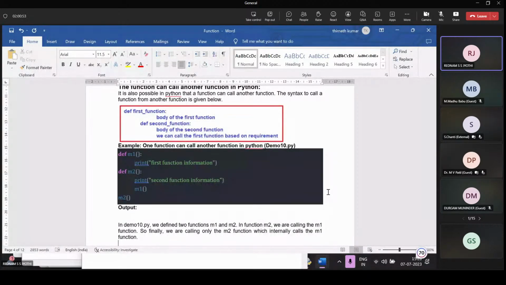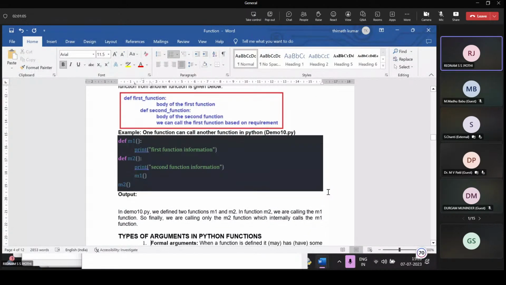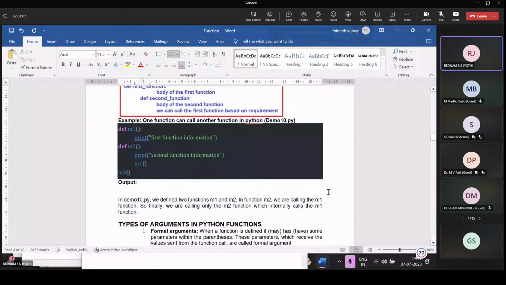So what is the output? We simply call the m2 function, because m2 itself consists of the m1 call, so there is no need to call m1 again. This is the function call m2(). Whenever the function call happens, the control transfers to the function definition.